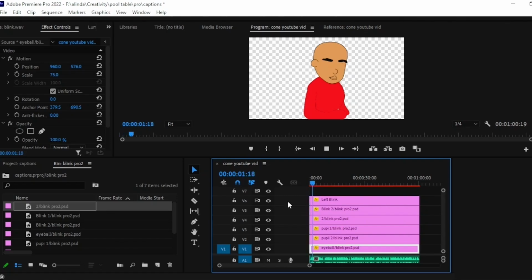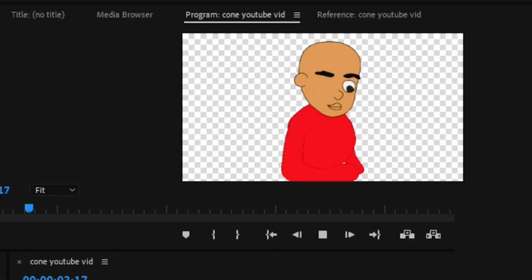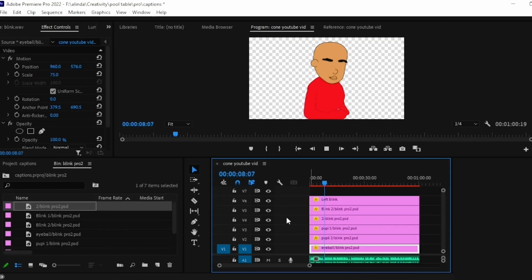How do we animate an eye blink in Premiere Pro or any other video editing software? These layers on the timeline make up our character. To animate an eye blink, I have drawn this layer on the top of the timeline that I have named